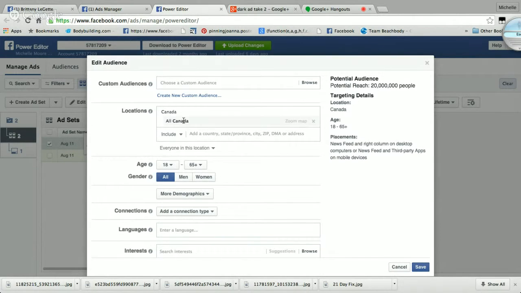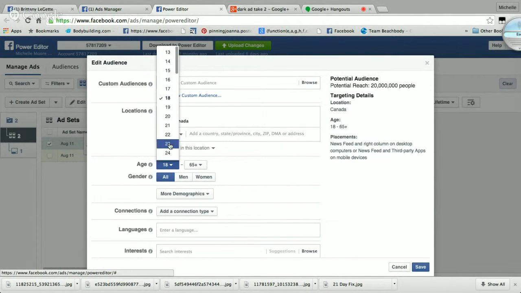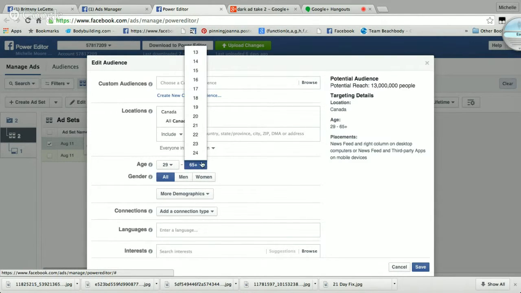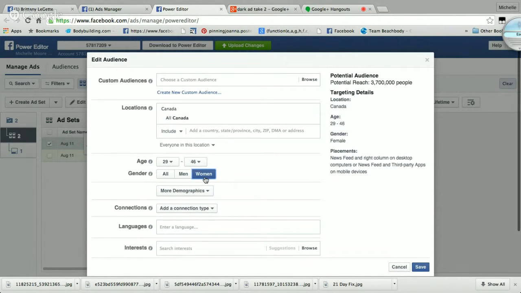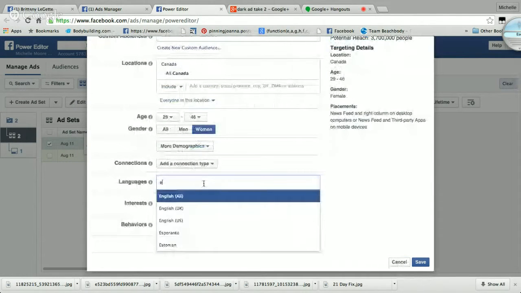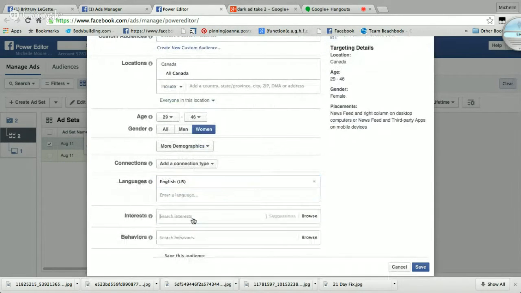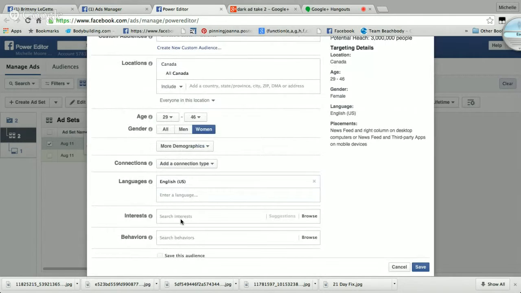Here you can do all of Canada. You can include the US if you want; I sometimes do, sometimes don't, it just depends. Your age, you definitely want to change. I go way down to like 29, and sometimes I do it as narrow as 46. I just want women. Languages, you definitely want to go in here and do just English US. And here's where things